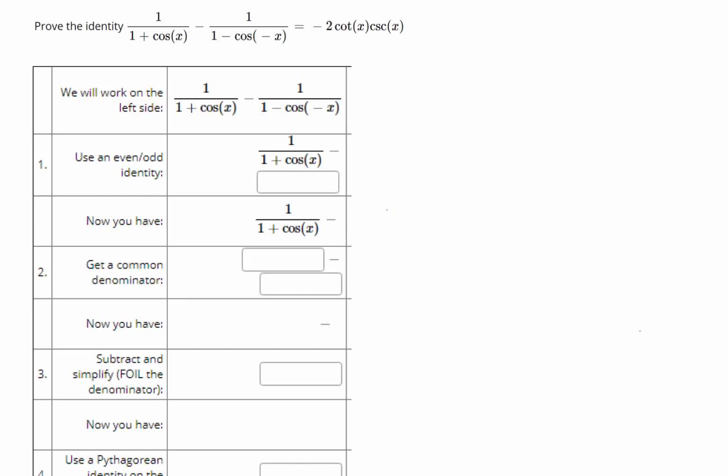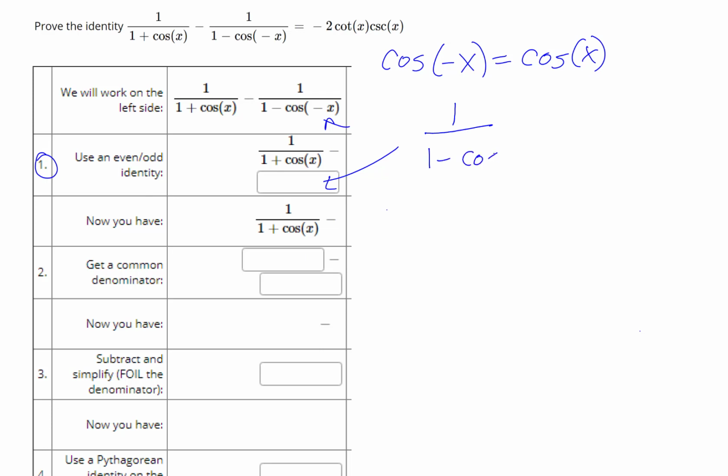Here we have an identity that we want to prove, and we are going to work with the left-hand side. So first of all, step number 1 says use an even-odd identity. And so we see we have a negative x for the angle here on cosine, and we know that if we have the cosine of a negative angle, that equals just the cosine of the angle. So we would need to enter in this first box this fraction, 1 over 1 minus, and it's cosine x